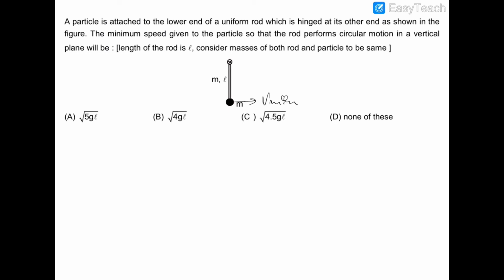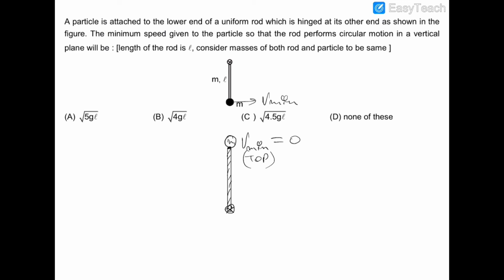Now for this system to complete the vertical circle, let us draw the diagram of the top point. So at the top point of the motion, if this system is at rest, then also this mass will not fall down, and this rod will complete the vertical motion. So the minimum velocity at the top point can be 0,